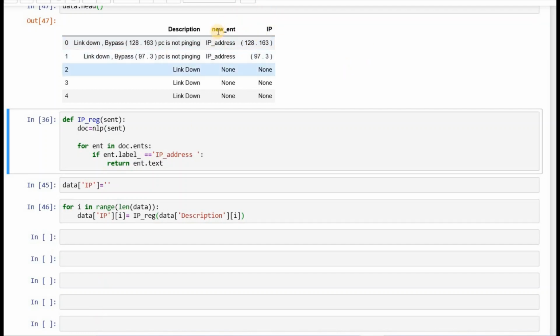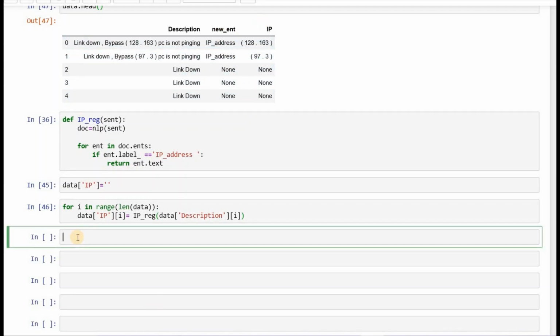With this information we can do a lot of analysis, and in my project this piece of information would be of a lot of use. We can sort the values and see what IP addresses are there. I can do a value count also on this, like data.new ent.value count.